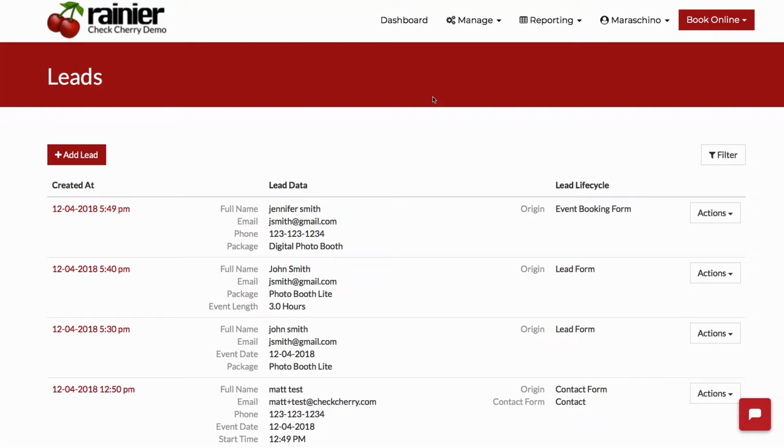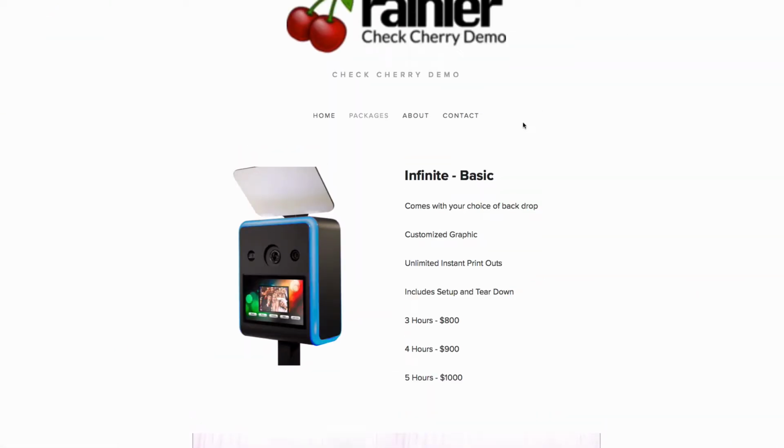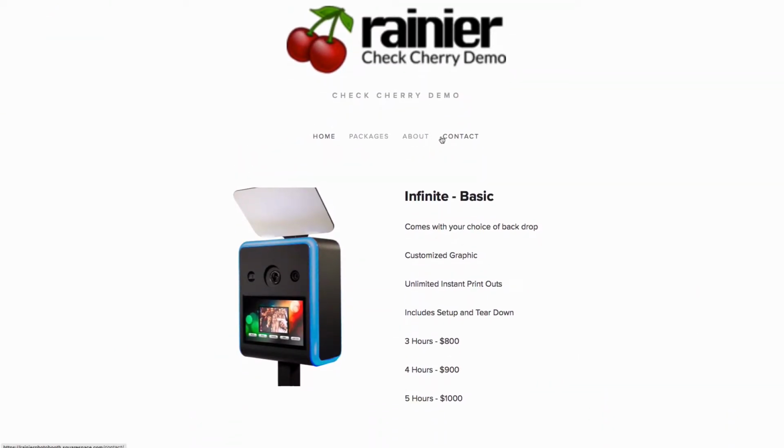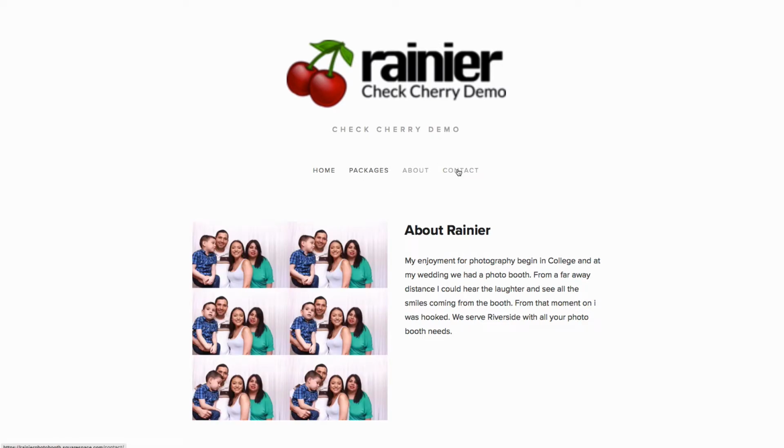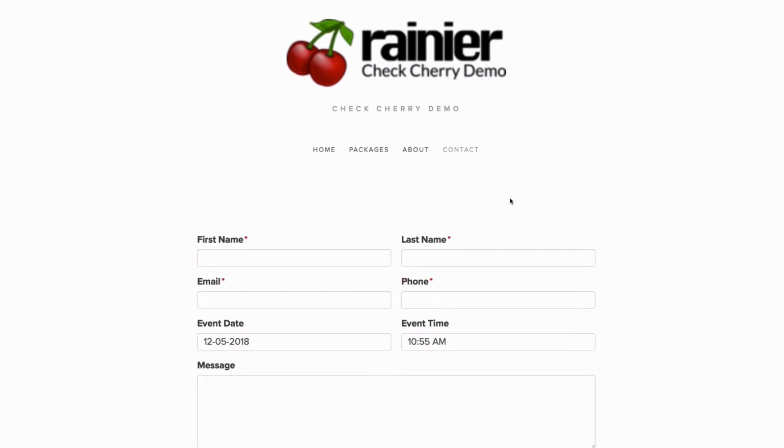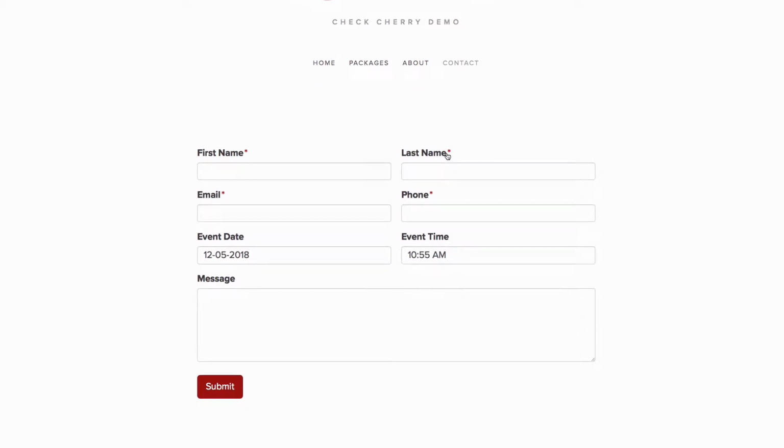The next way to add leads into CheckCherry is through one of our contact form widgets. Over here I've got a basic website I've set up with information about my photo booth business, and I've embedded a CheckCherry contact form onto the page. And so you can configure what fields are going to show up. So in this case I'm collecting the event date and time, and